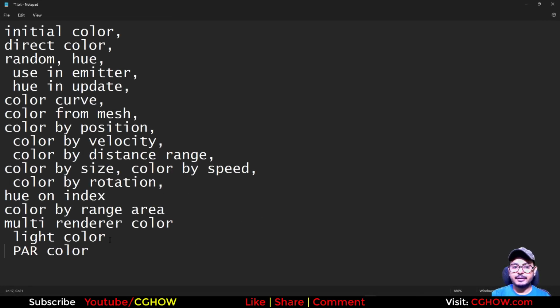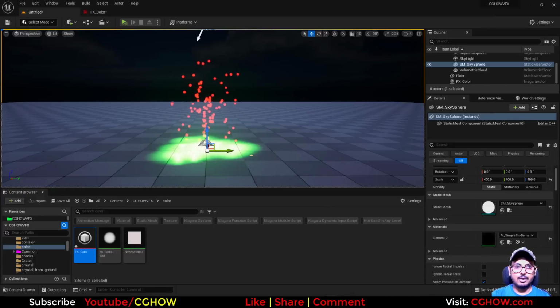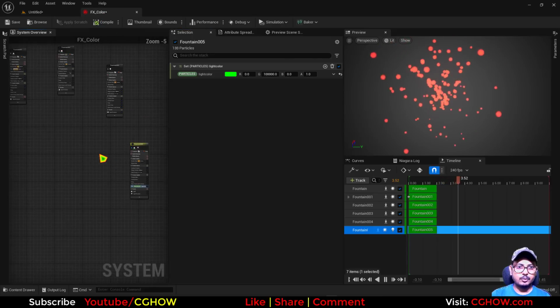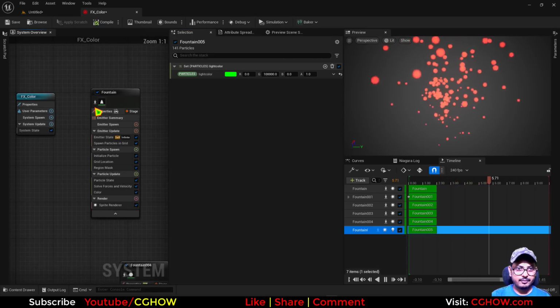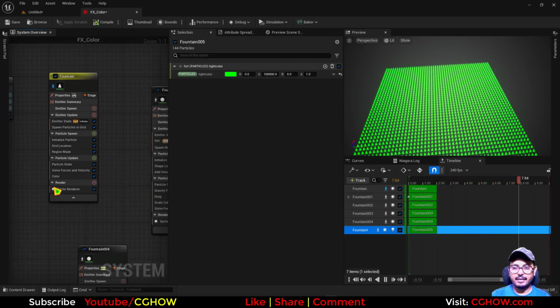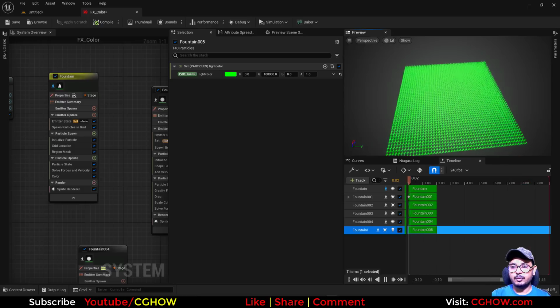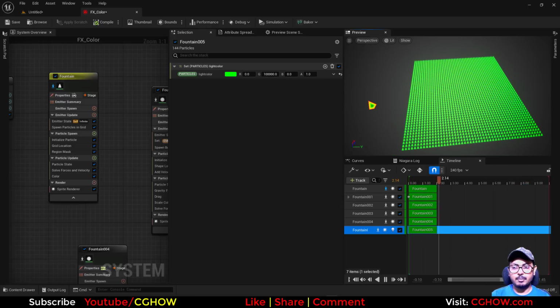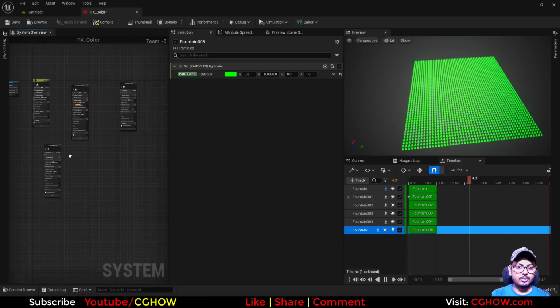And the last is particle attribute reader and how this works. So let's say you have this thing. Okay, we have this arrow. And what I want is these should take the color from a particle every time. So let's